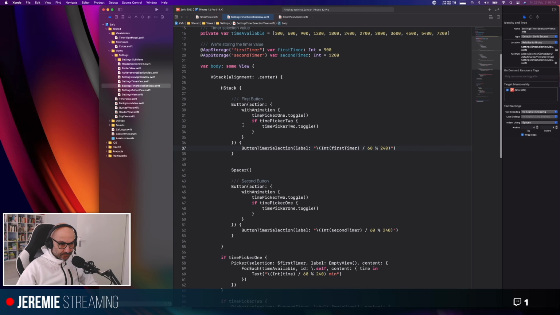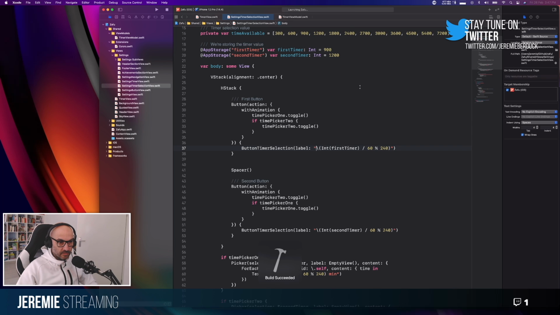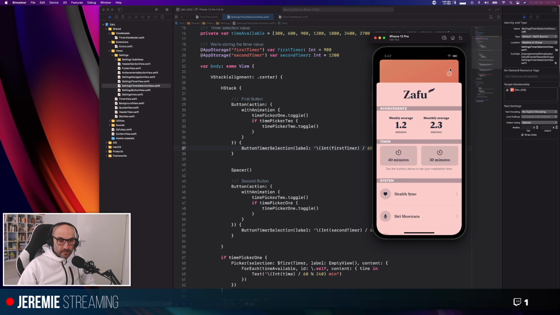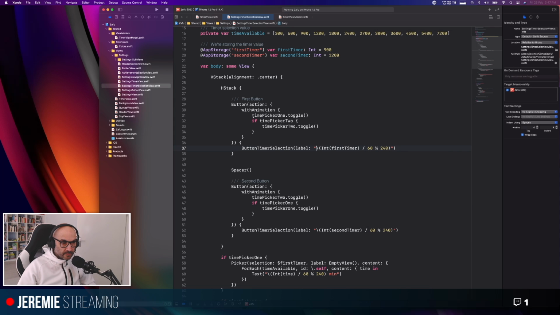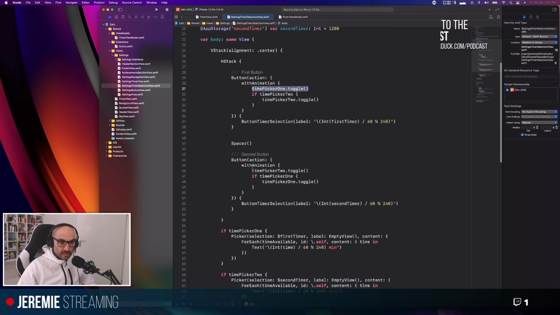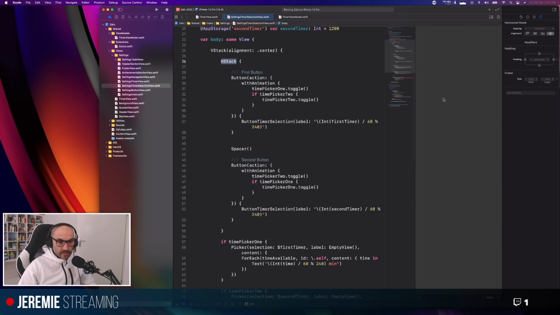Here we go. So when you're tapping on the button, let me run the app again and show you exactly what I did. When you're tapping this, it's toggling two things. It's opening picker one, but if the second one is open, it's closing it. Same thing for the second button. And what I did was insert this HStack, so the HStack is